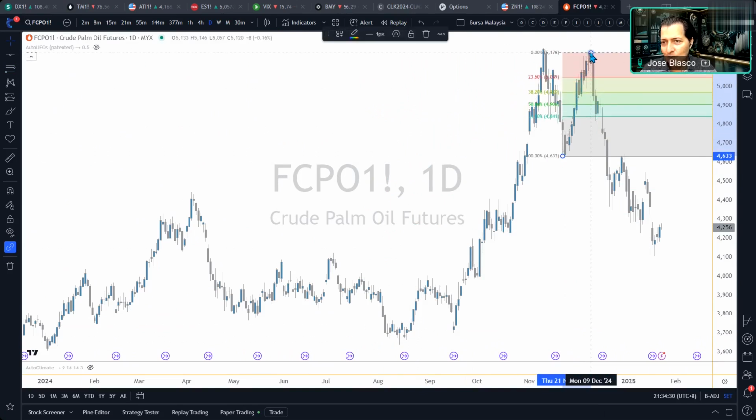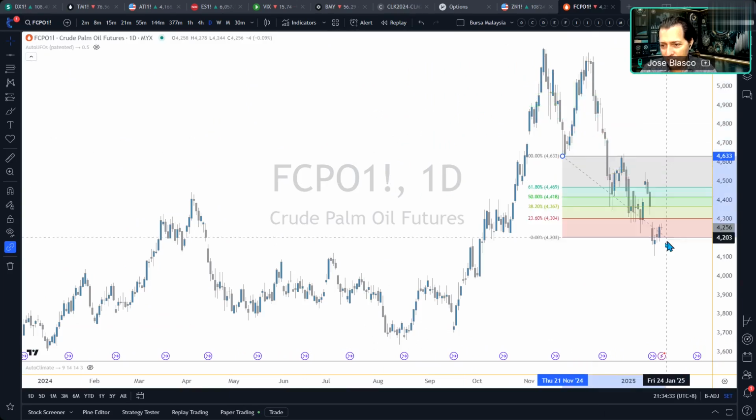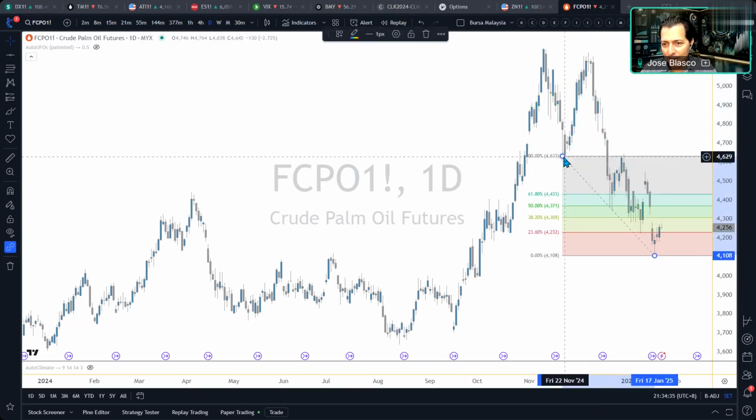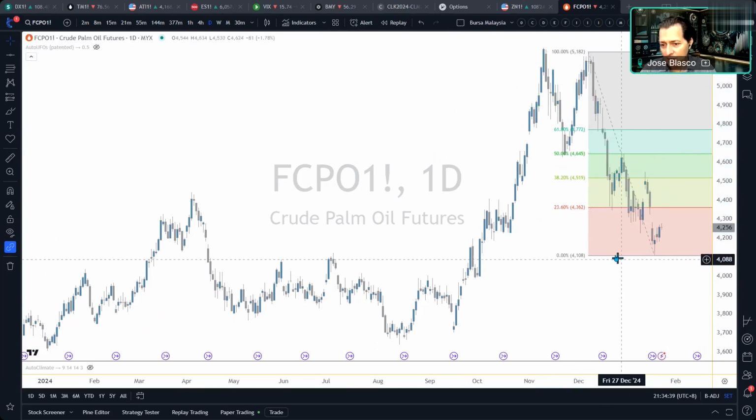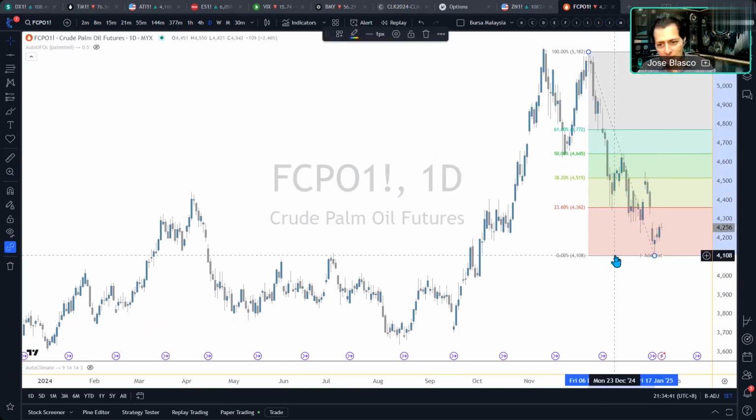Some of you will say, well, wait a moment, this is a downtrend, I go in the opposite direction, from here to here. So in other words, now you have Fibonacci traders, but all of them have a different interpretation on how to place the lines. Just like you look at the GDP number and everybody has a different interpretation, right?